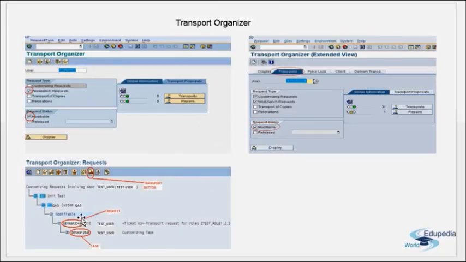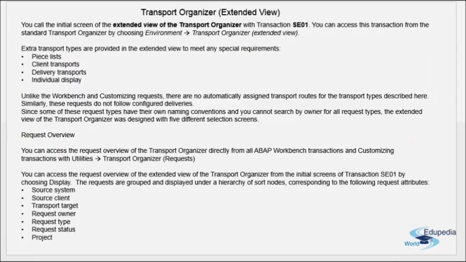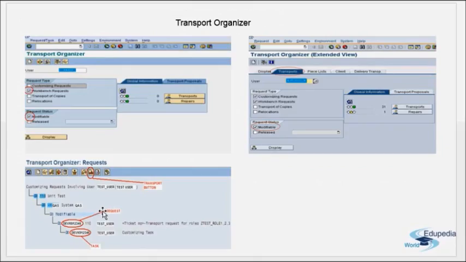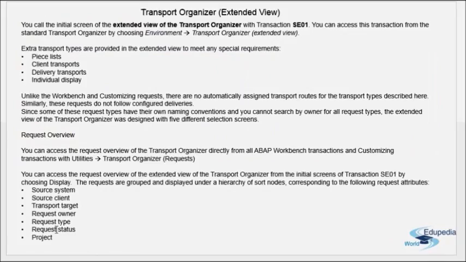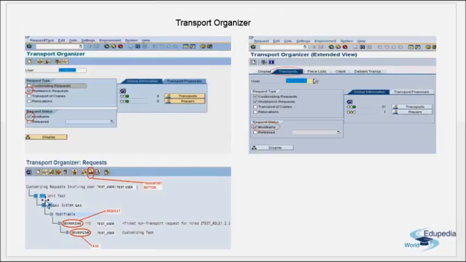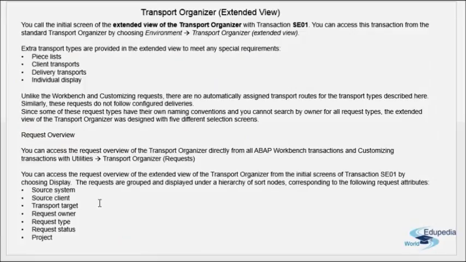See here, this is if you view a particular transport. This transport is modifiable, so that is the request status. And this is the source system, so here it was developed. And this is the user which has created that change request, this test_user. Now you have the request and you have the task under it. See, you have the source system, you have the source client, it is something like 110 unit test, then the transport target, the request owner, request type,